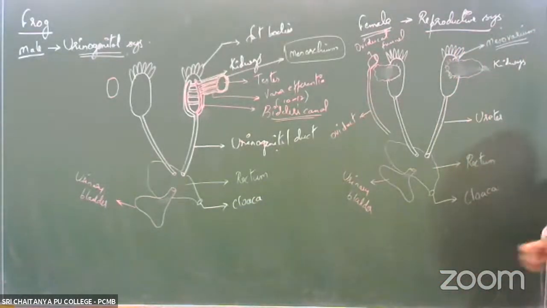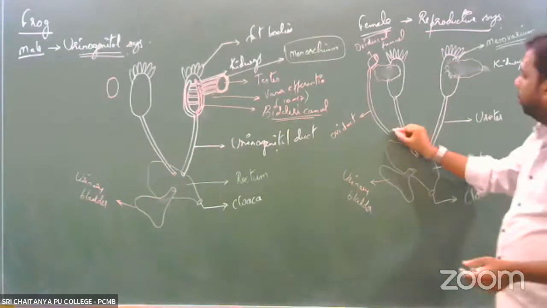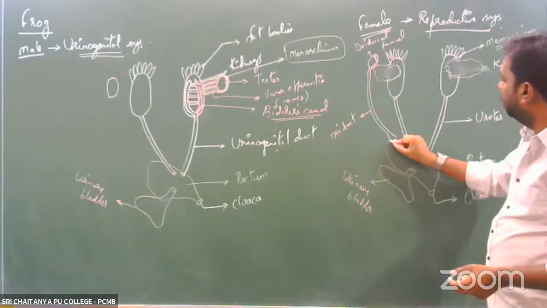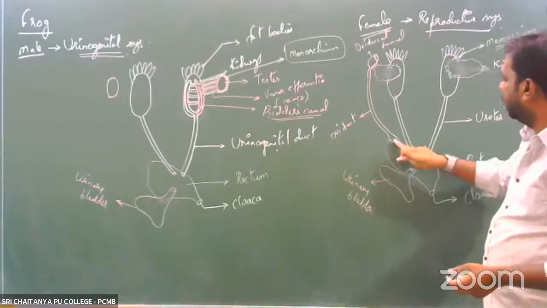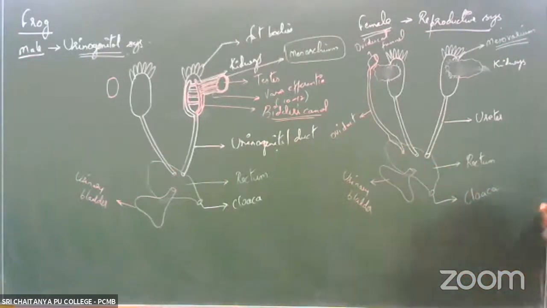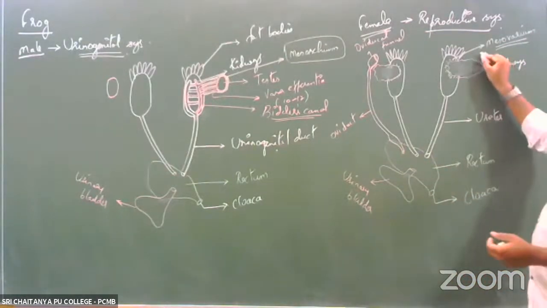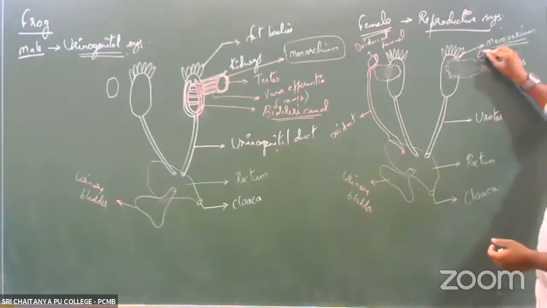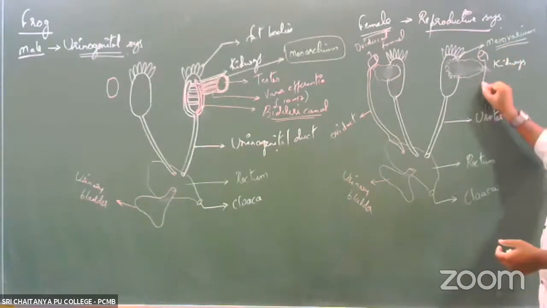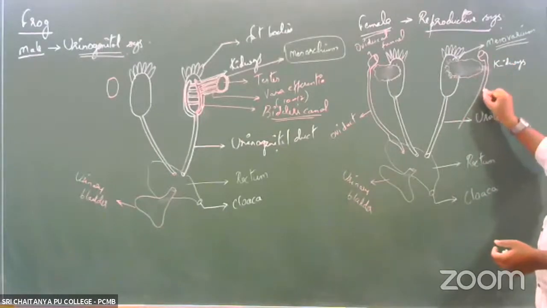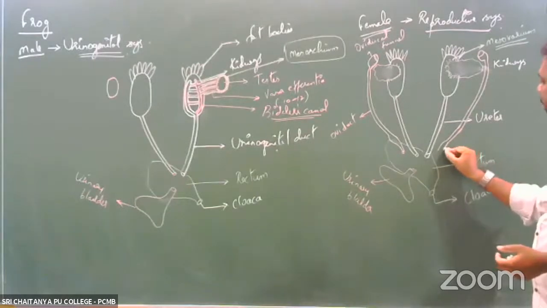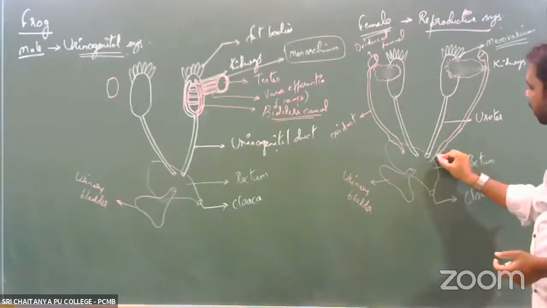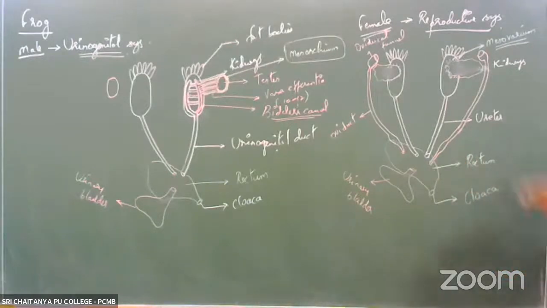Now, this oviduct would open up into the rectum. Before it opens into the rectum, it will be slightly swollen, and then it would open up into the rectum here. So this is how it is present. On this side also, there would be one funnel, which would collect the ovum. Once it collects the ovum, it would be passed on into this duct, called the oviduct. This oviduct will be slightly swollen at the base before it opens up into the rectum, and it would open here into the rectum. So this would again be the oviduct.